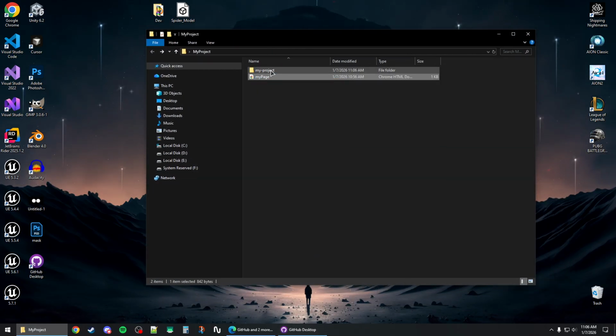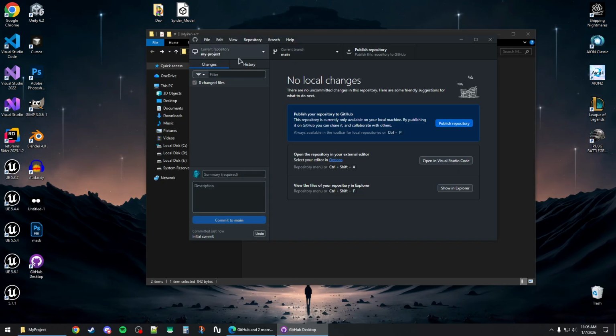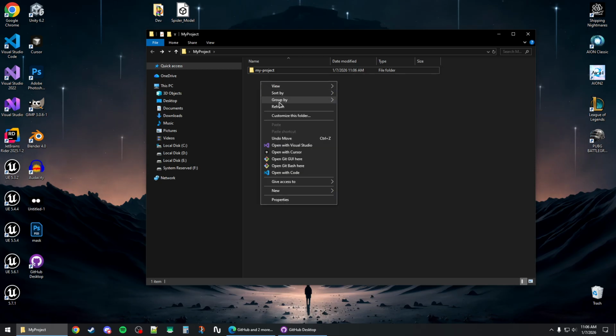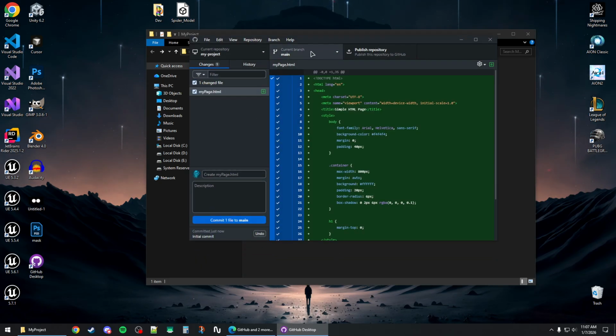And once the repository is initialized, you can open up this folder, and then you can copy everything outside the My Project folder, which is the current repository name, and move it inside that folder. And once you do that, you should go back to the GitHub client and you should find all the changed files. You can simply give it a message. So for example, initial commit like this,